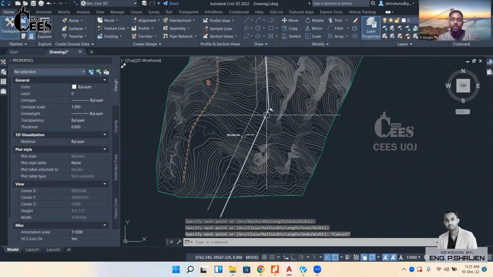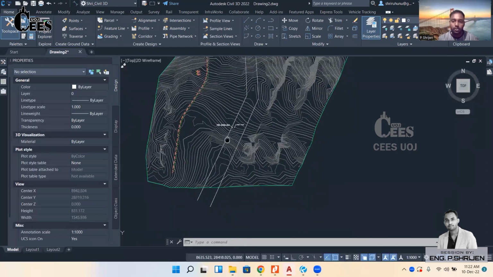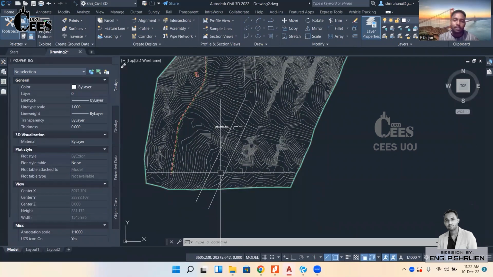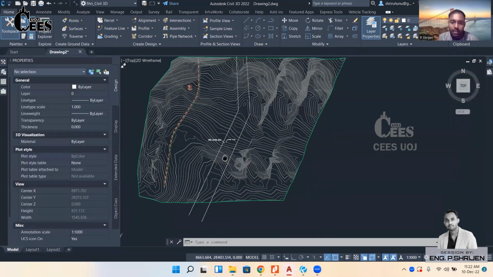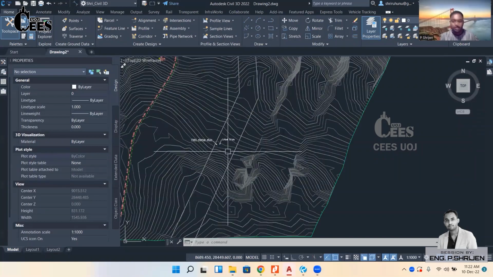Our area is already developed, but we are going to do the correction in our roads. It means we are going to overlay our asphalt, or we are just placing some gravel on the layer. At that time, we can't change the existing center line. It means, just think about